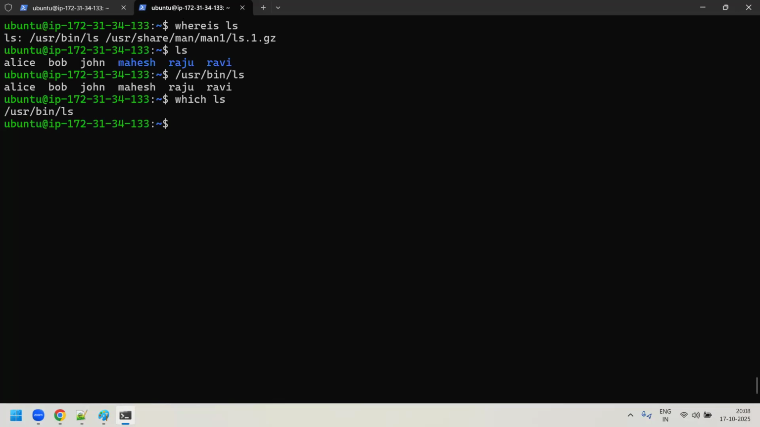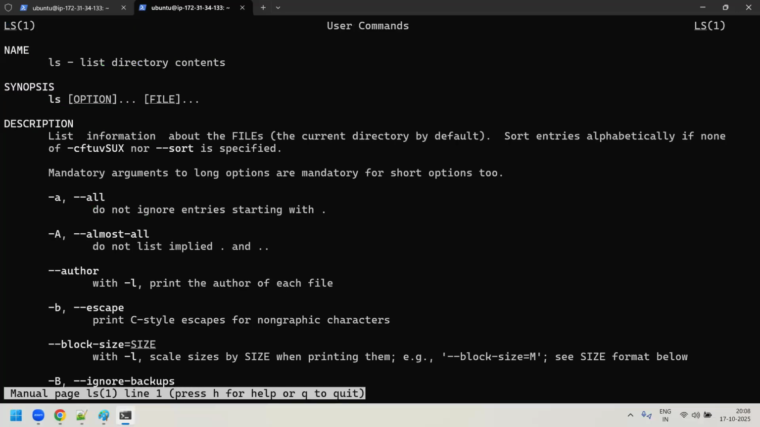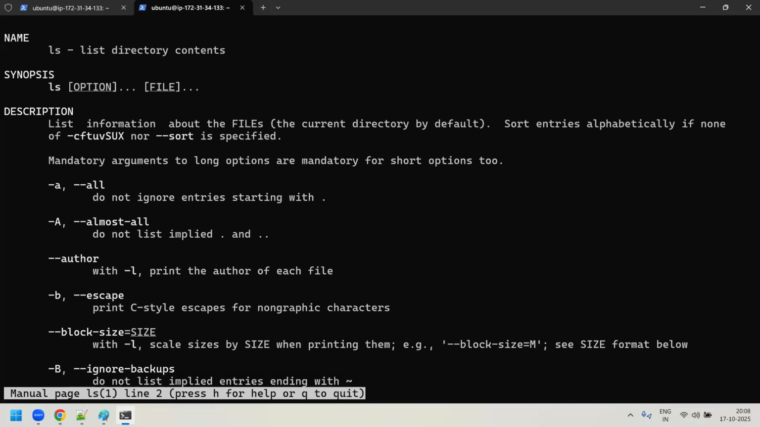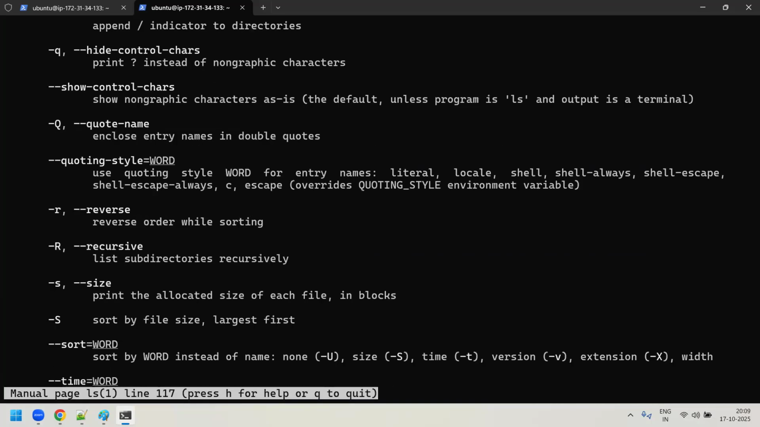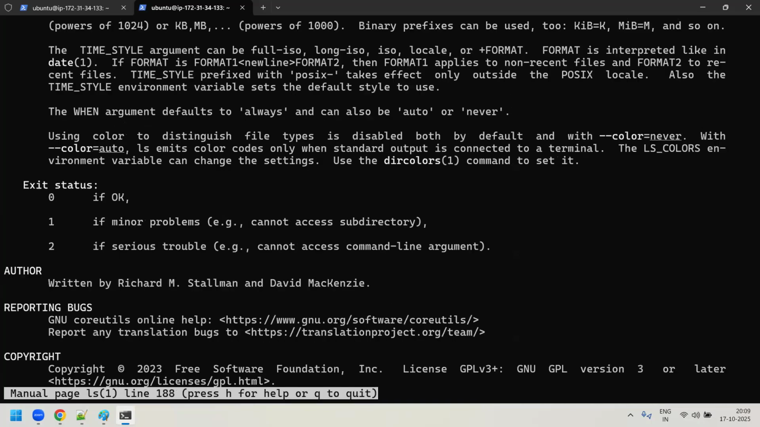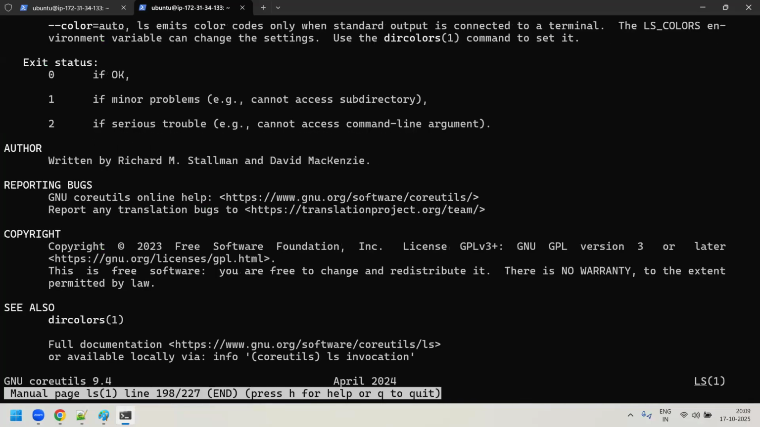Whenever you want to see more information about a command, we will execute a man command. I'll say man ls. You can see that it has opened the manual page of that command. Here, guys, if you scroll down, you will get all the information about that command. Plus, if you go to the end, it will show you the